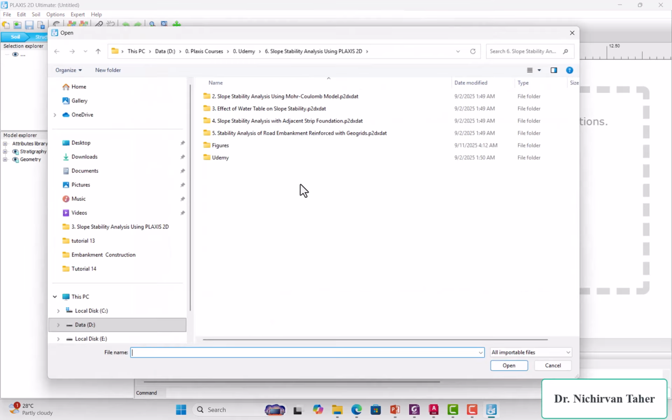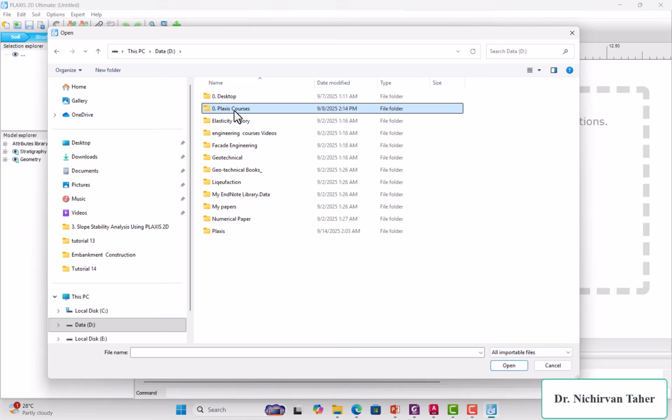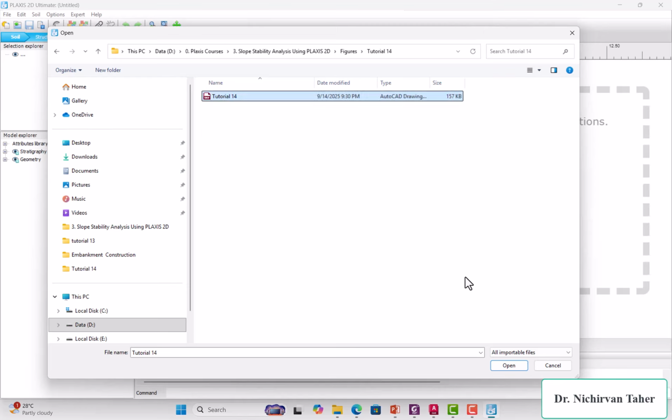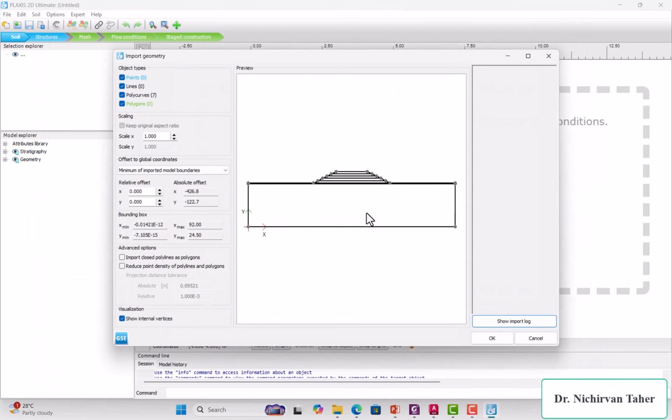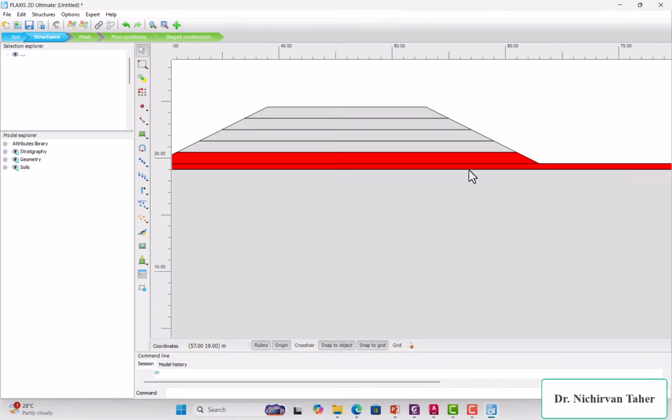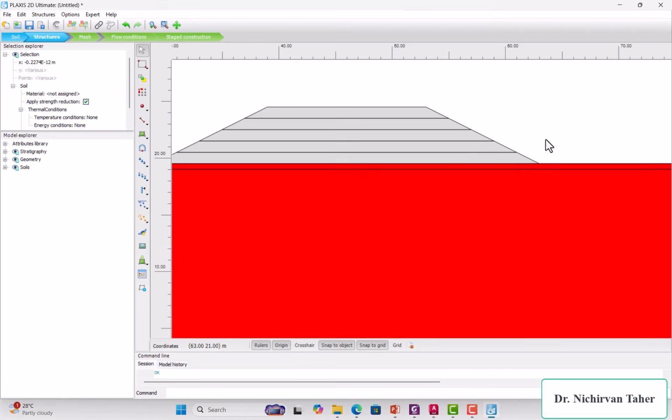The DXF file is in here, tutorial 14, and open, and it asks us to import closed polycurves as a polyline, so it will make it easy when we assign the material to each polygon. So I click OK, and as you can see, all polygons are